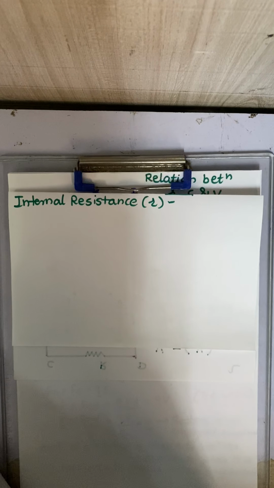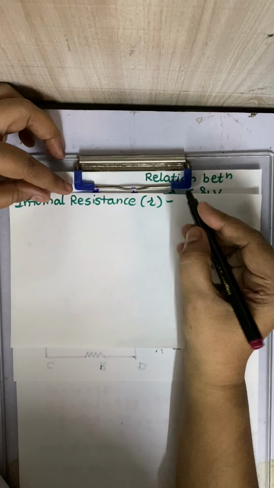But inside the electrolyte of the cell, the positive ions flow from lower to higher potential against the background of the other ions and neutral atoms of the electrolyte. So the electrolyte offers some resistance to the flow of current inside the cell. The resistance offered by the electrolyte of the cell to the flow of current between the electrodes is called the internal resistance, small r.